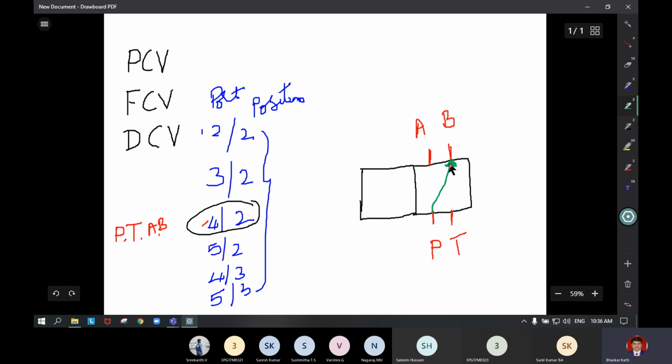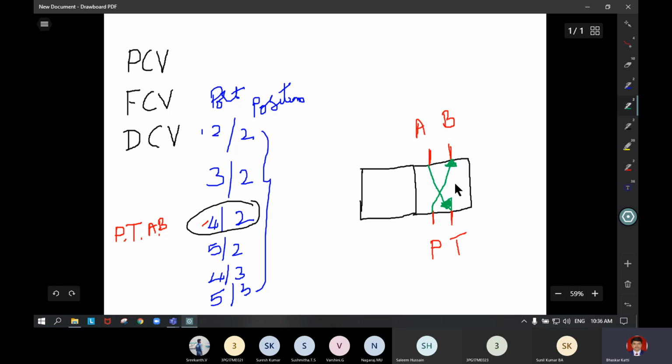So this is the flow path connecting P and B, with the flow direction from P towards B. Two ports are left out. You connect A to T, so the direction is from A towards T. That means when the cylinder is retracting, the oil present in the piston side has to go to the tank. So this is the flow path direction inside one switching position.